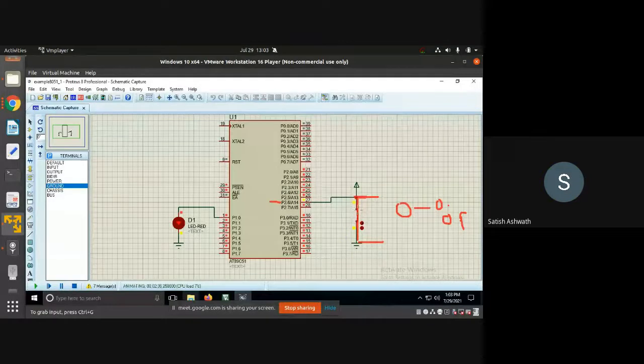When this ground is not there, and this is measuring the voltage, you are measuring the voltage between this point, which becomes plus 5 volts, and the ground of the 8051. So obviously between this point and ground you have this 5 volts available because this point is at 5 volts. That is why pin 2.6 will see this 5 volts as output.